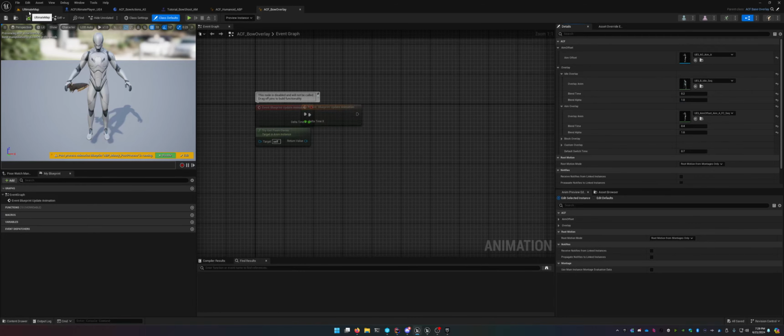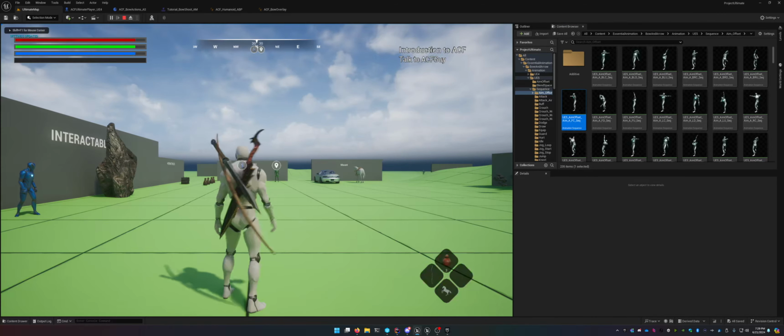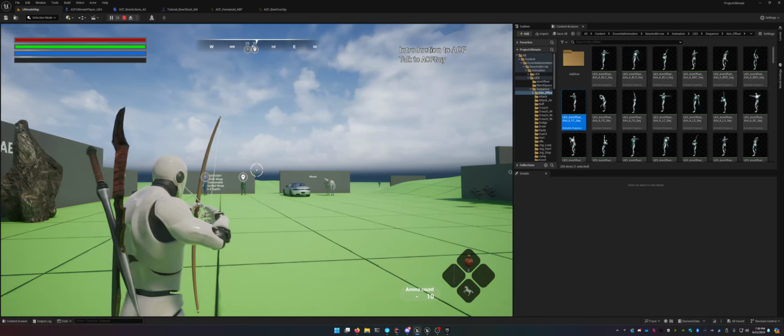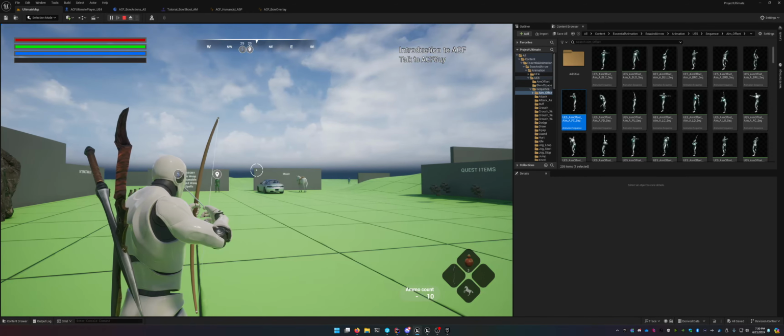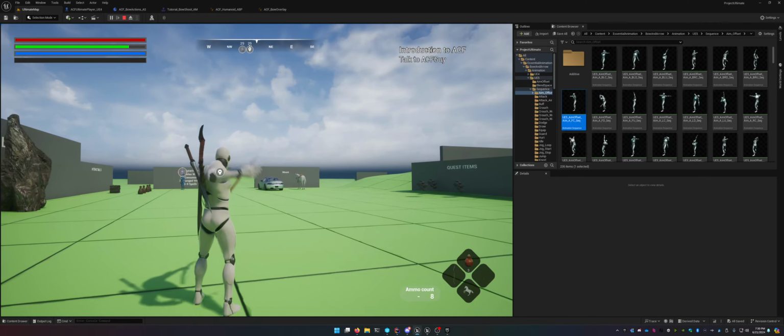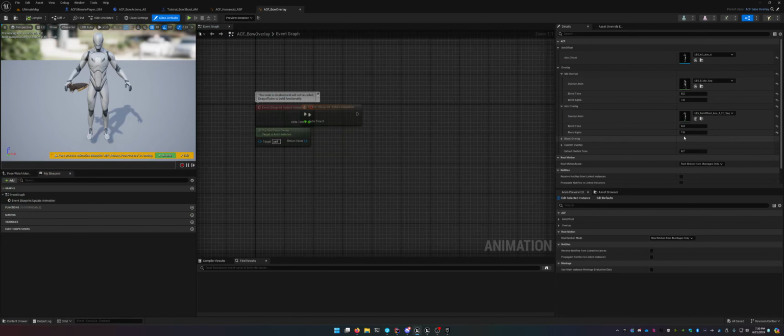So let us go into pull the bow out. You can see it's doing that aim offset a little bit better. And if we pull back, you can see that pullback animation now. So that's with a 1. Now if we set this to 2,